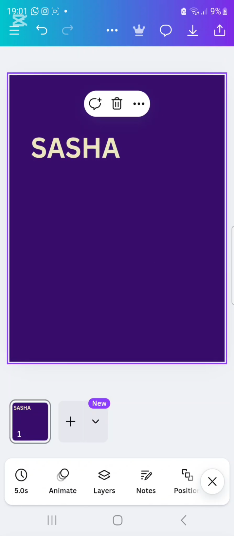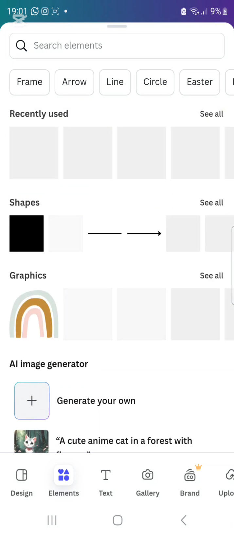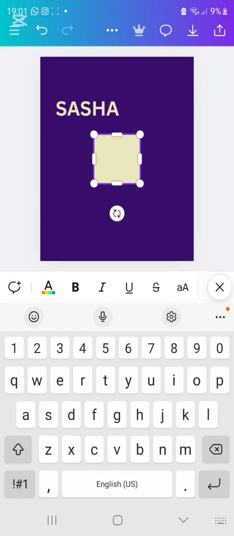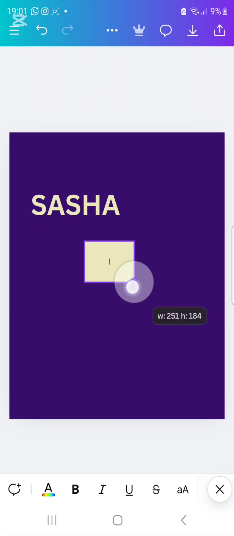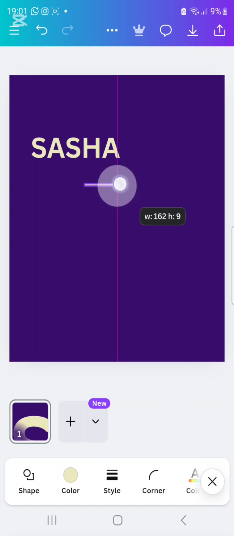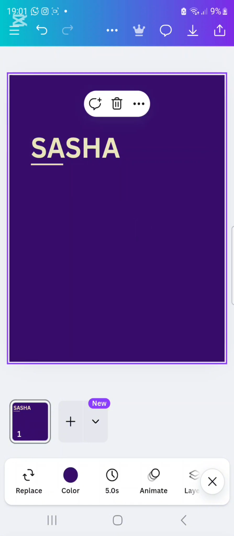Now the next thing I am going to do is this. I am going to click on element. I'll click on element and then I'm going to get a shape. Now I'm going to click on my shape. Now with the help of this and this, we can actually reduce the size of this shape to look like a line. So that's what we are going to be doing. So I'm going to reduce this size to look like a line. So we have this line, so I'm going to take the line here like this. Okay, so after taking the line there,